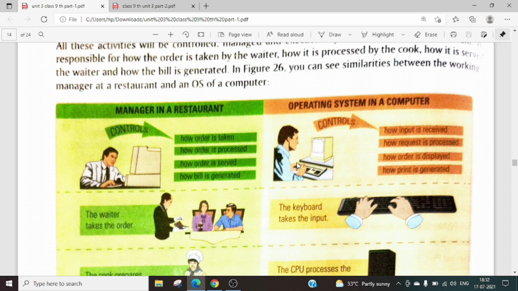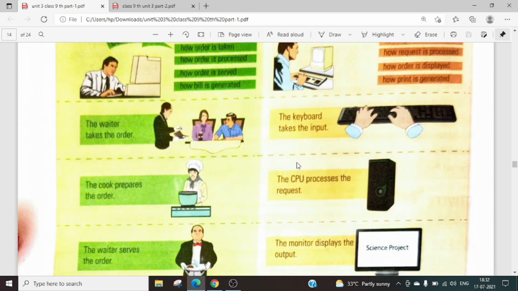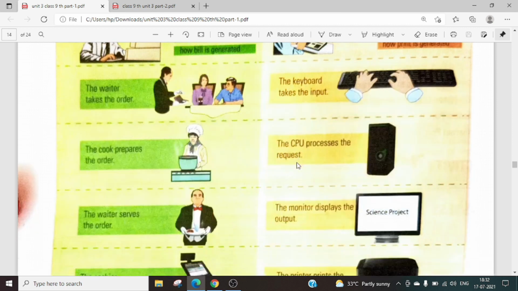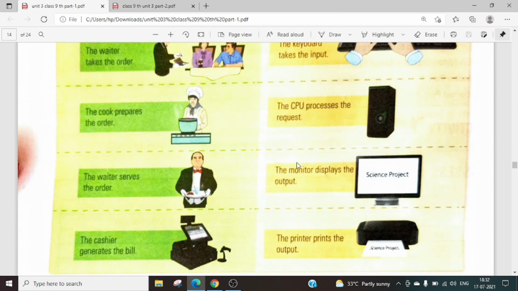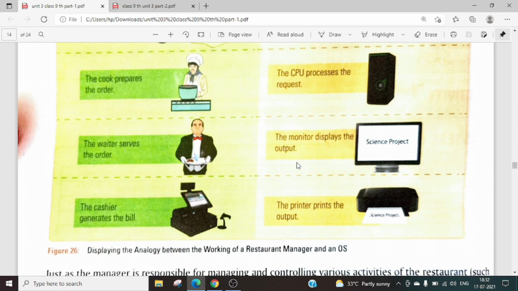Here the manager in a restaurant is using this technique, and the operating system allows you to control how input is received, how a request is processed, how the order is displayed, and how the print is generated. Now the waiter takes the order, the keyboard takes the input, the cook prepares the order, the CPU processes the request, the waiter serves the order, the monitor displays the output, the cashier generates the bill, and the printer prints the output. That's how all the devices and the operating system work together for the proper functioning of any